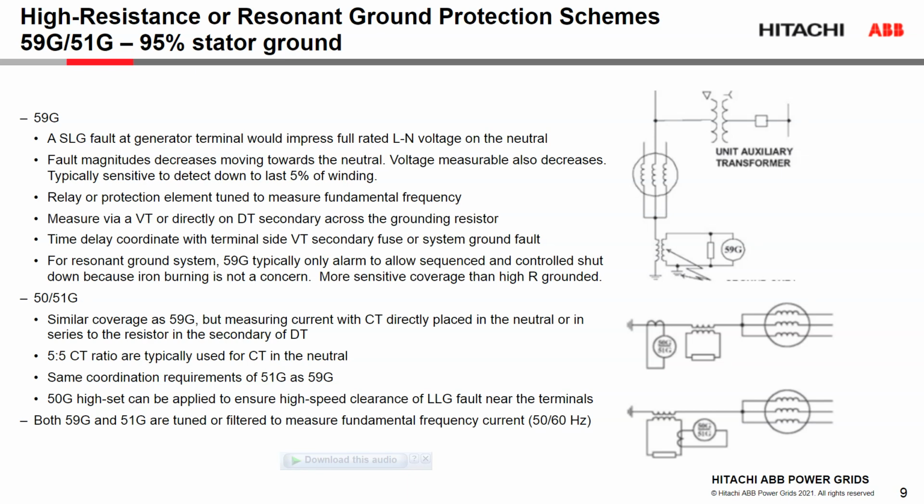The fault magnitude decreases moving toward the neutral. Okay, so because the currents reduce, your voltage measure will also reduce. So typically, when you're down to a certain point at the neutral, you cannot detect, maybe down to the 5%, as I explained. This type of protection relay, typically in modern numerical relays, actually filters only the fundamental